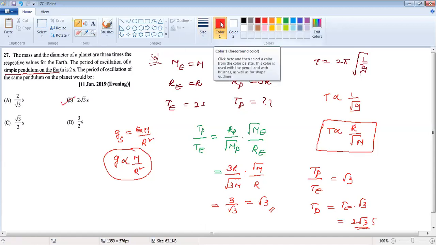This is very easy, with variation of time period. There are a lot of applications in gravitation. In some cases we have one more numerical in the previous JEE Mains, connecting to capillary rise. Capillary rise h equals 2T cos theta by r rho g. Again that capillary rise depends on g. Again you can move to buoyancy also, because buoyancy force equals rho Vg. So there are different applications of the variation of g in various topics, in various corners of different lessons.